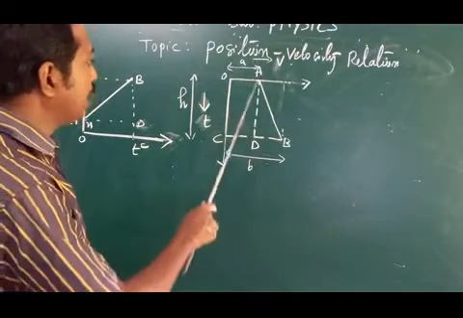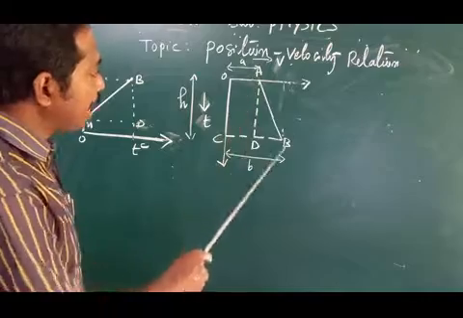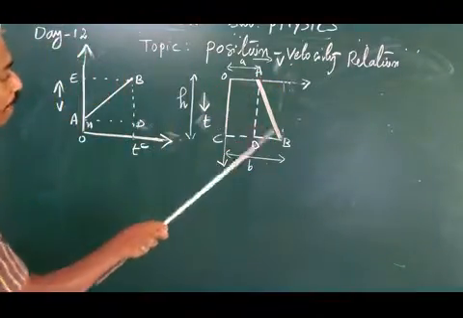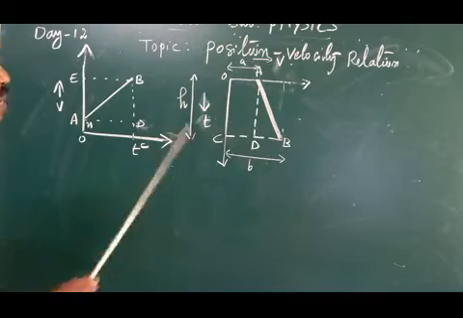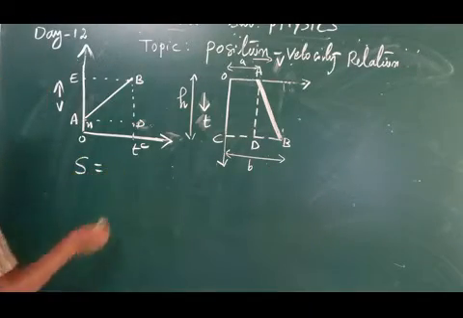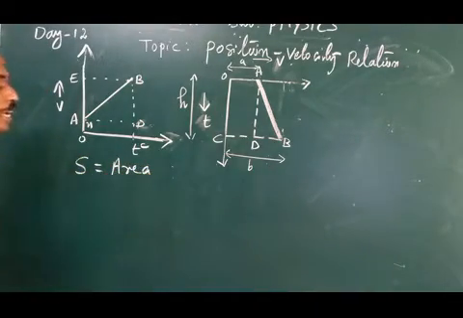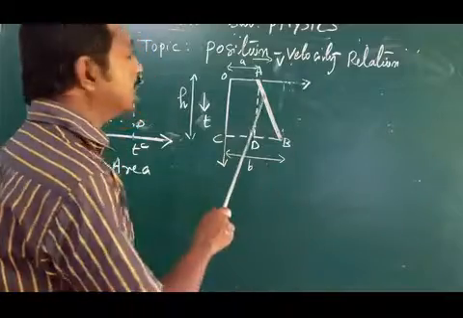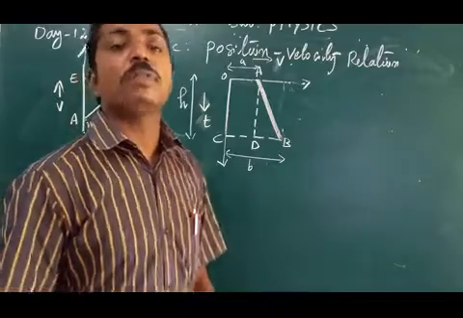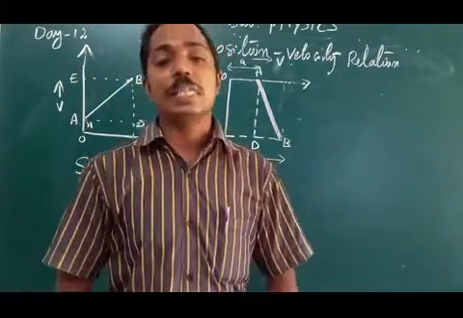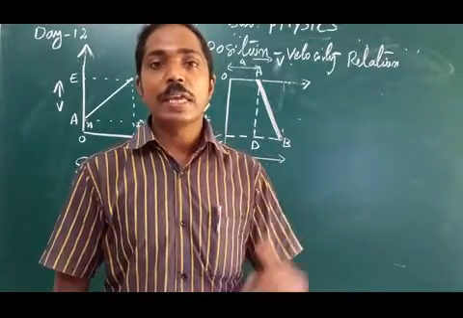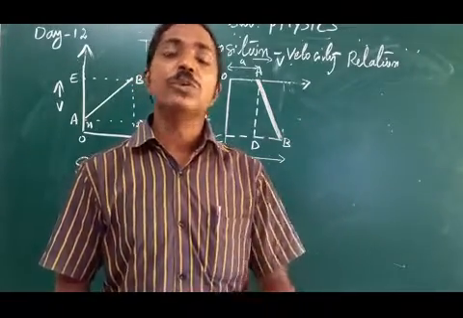What is the shape? Area under the graph. AB is the graph we have. This area under AB gives the distance traveled. Here also we start like the previous case only. So S equals the area enclosed within the graph, below the graph. It gives the distance traveled. Here also we are considering an object traveling in a straight line with uniform acceleration, like the previous two equations.